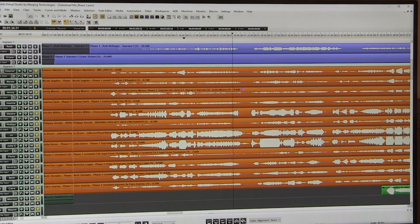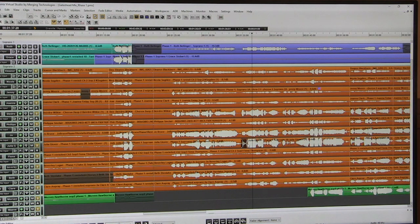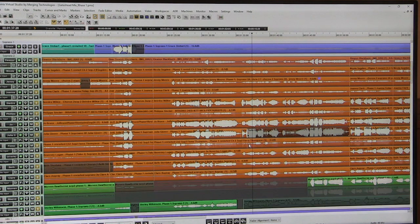So for example, here's somebody that's early, so what I can do, put a little cut in here, and then slide that media to the right a bit to make it in time. So it's better timing now. Of course, I've had to compensate for that by making an edit here further down the timeline, which I can adjust if I need to, and just by listening to that one track,